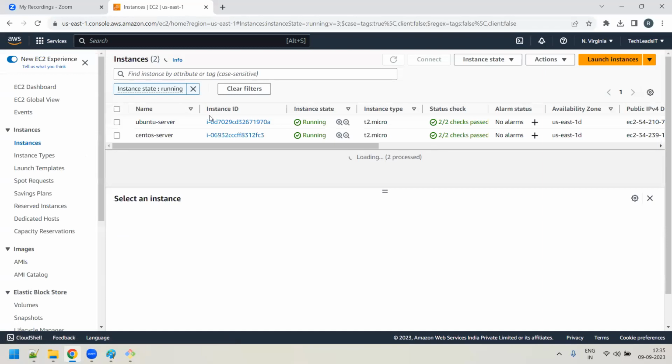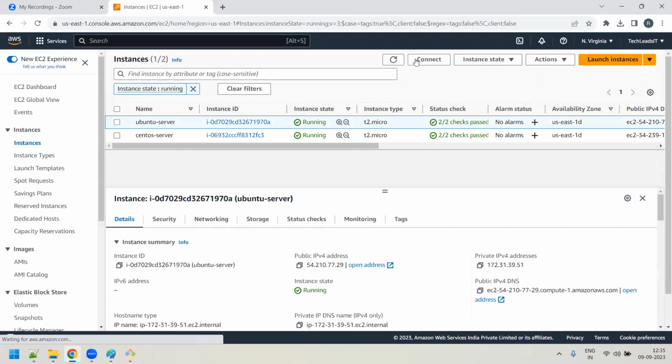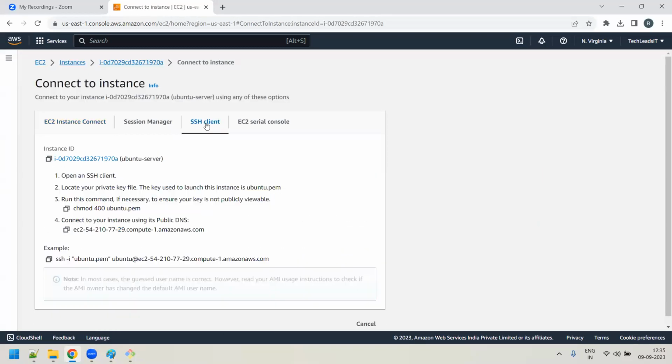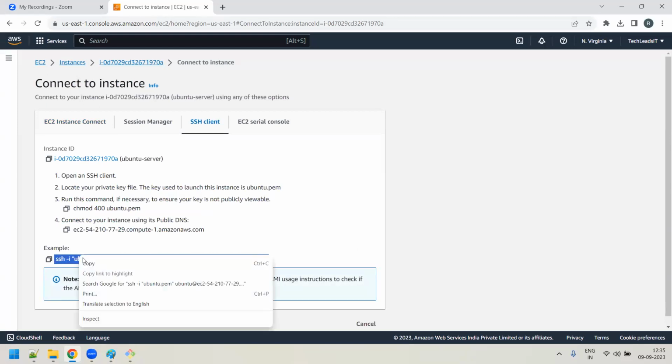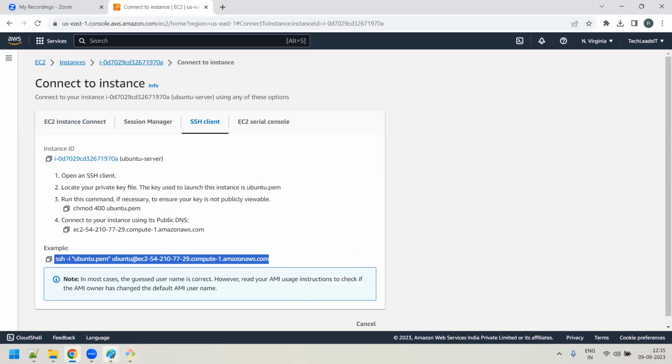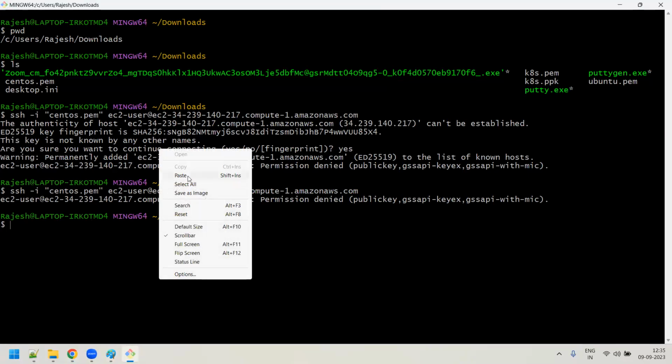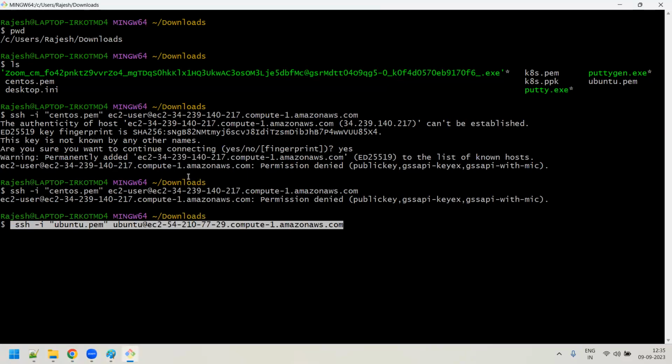So come over here. Now what happened? You go to the Ubuntu, connect, and we will see whether it will work or not. Then copy this whole line, the entire line. I will go here, I have this Git Bash. Let me paste this complete command here in your Git Bash shell. Enter.